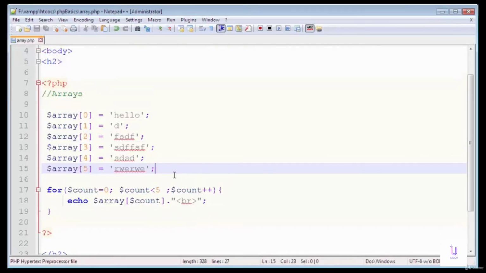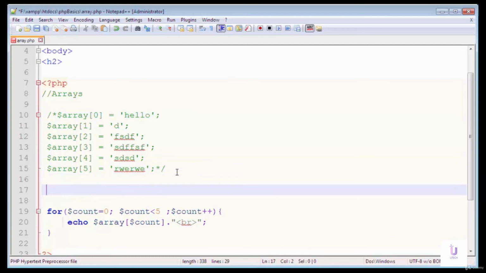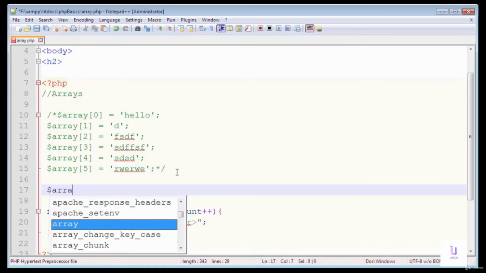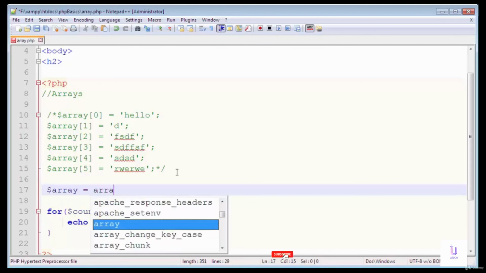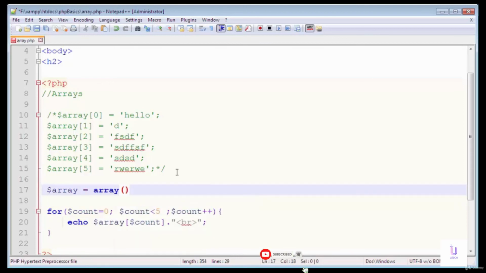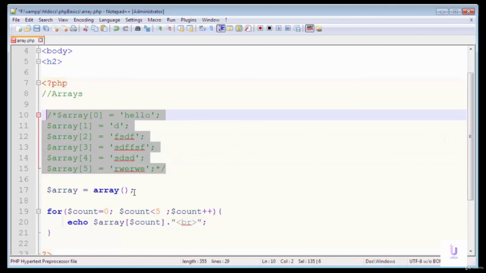So there is a second method to initialize arrays in PHP. It will go in comments, and I write here a second method. I write the name of the array is equal to. We'll use array, which is a language construct, and I'll pass the values that I want to store at different indexes of the array.